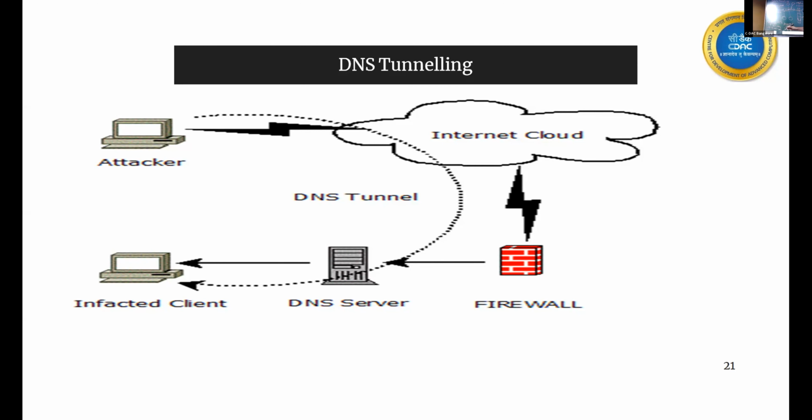The process will be so slow. Suppose this file is say 1 MB, it may take say half an hour. But your confidential file can be exfiltrated to the attack machine in that half an hour. So this is the concept of DNS tunneling. You are tunneling the other traffic inside the DNS queries and responses. This is the meaning of tunneling. You are carrying other traffic.